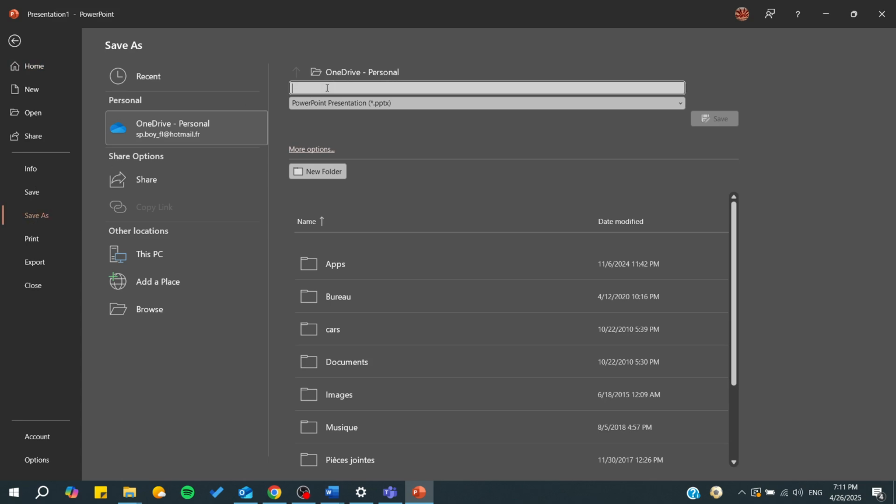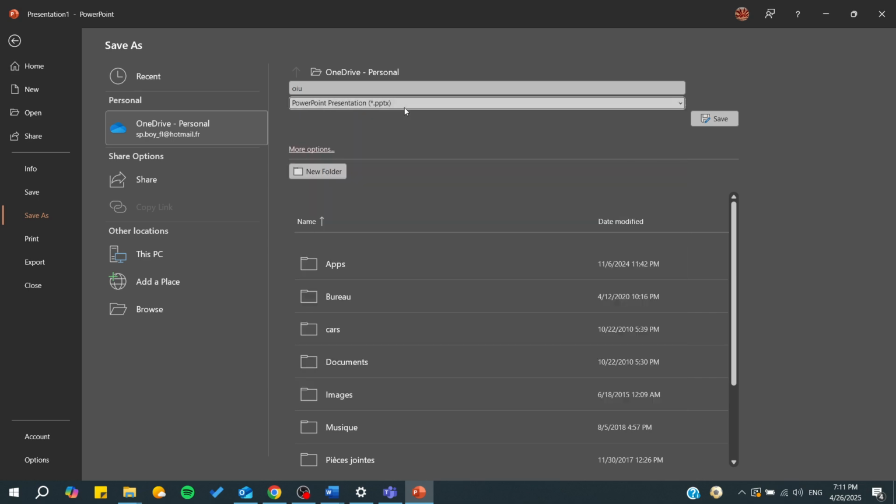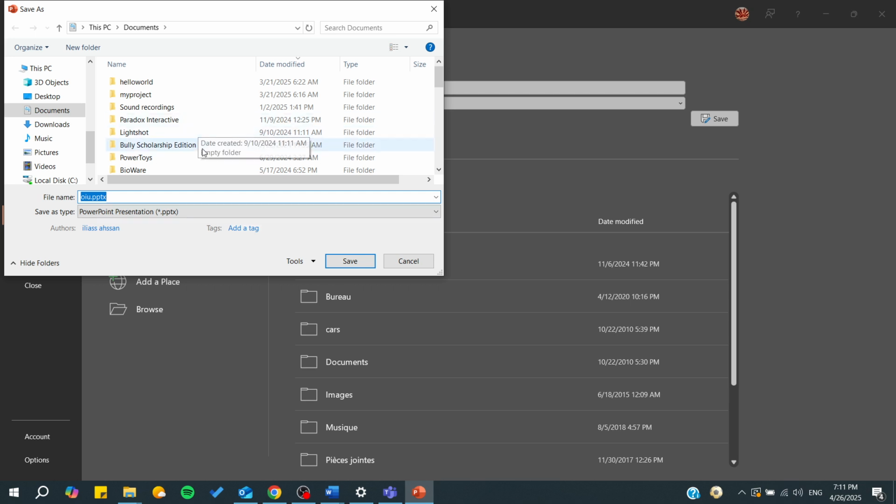So basically, you will add a file name, and from here, you will choose the format that you want to have your presentation. So just leave it as a PPTX for Microsoft PowerPoint, and then you will need just to choose where you want to save it. If you want to have it on the cloud, that means on your OneDrive, you can leave it there. Otherwise, if you want it to stay locally, you can click on Browse and choose the location where you want